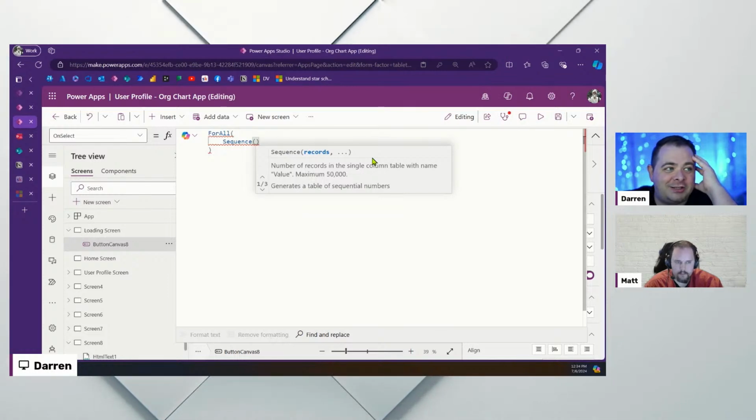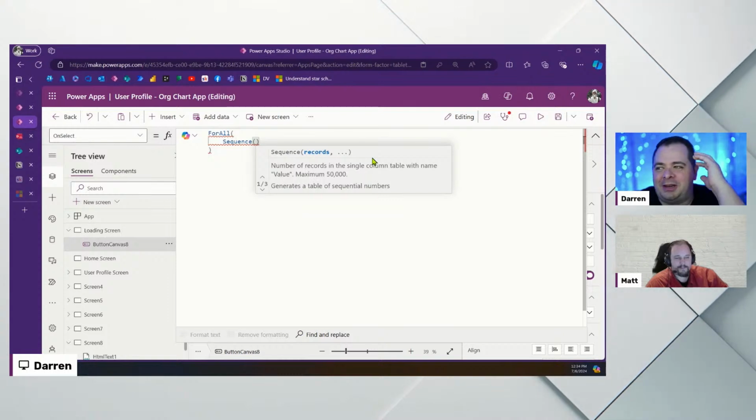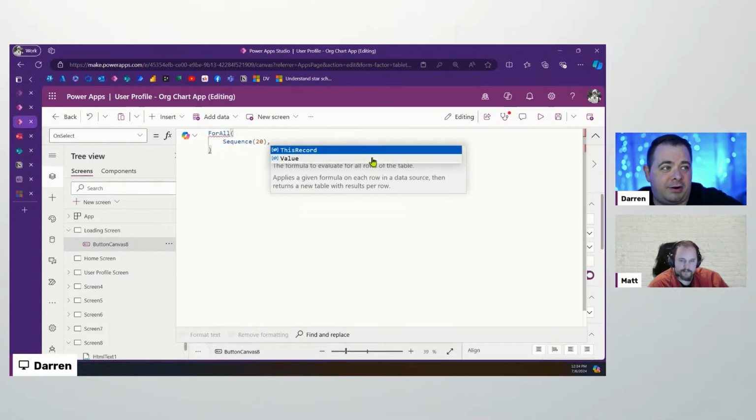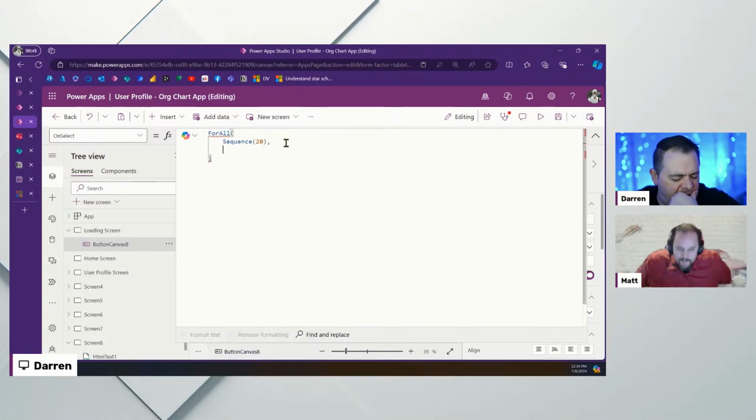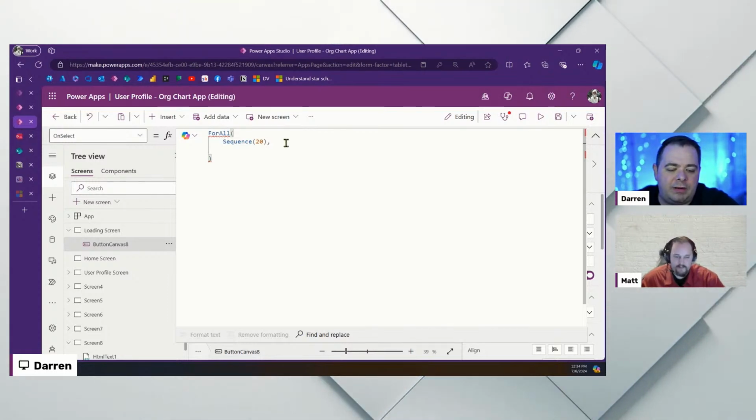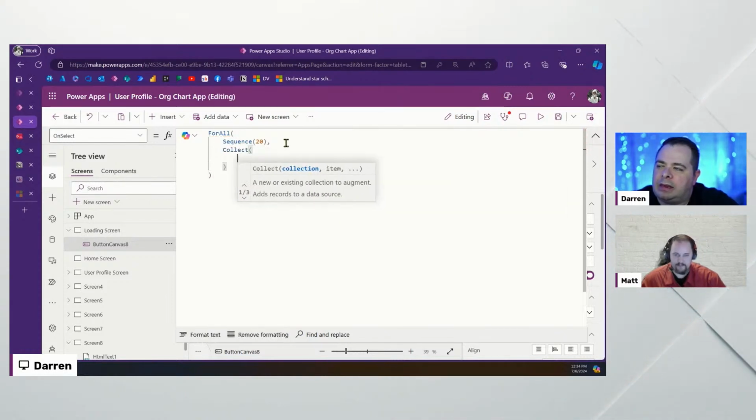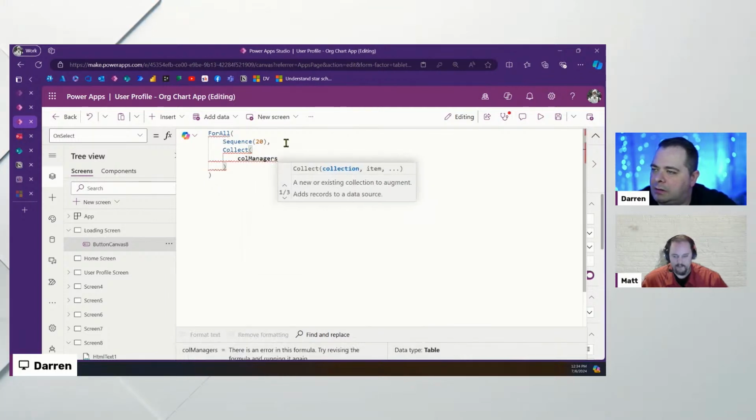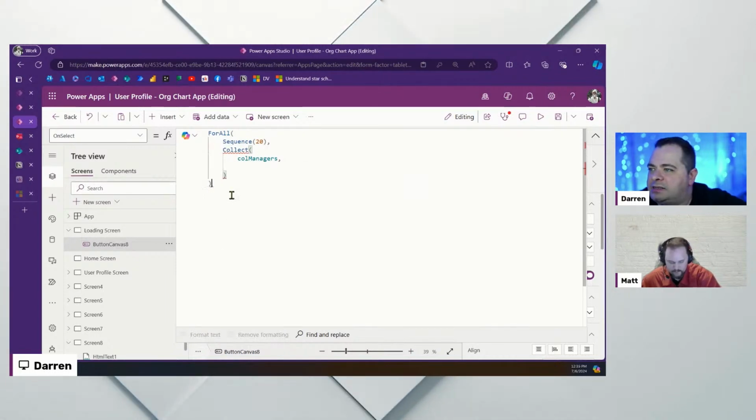Now, most org charts, 5 or 6 layers is generally good enough. But let's just say 20. Okay, it's a big bureaucracy or something here. So we're going to go 20 levels, and then what we're going to say is we are going to do a Collect, and we're going to call this colManagers. And then inside this,